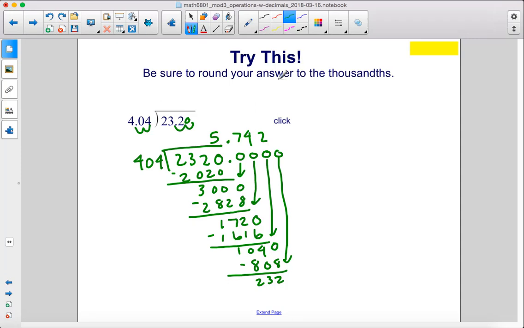Remember, we're going to be rounding to the thousandths, so we just need to figure out what this is so that we know whether to round up or round down here. So now we have what we actually started with. 404 goes into 2320 5 times. 5 times 404 is 2020, and that's 300. But we don't have to keep going here. We have enough information. We are going to round this 2 up, giving us